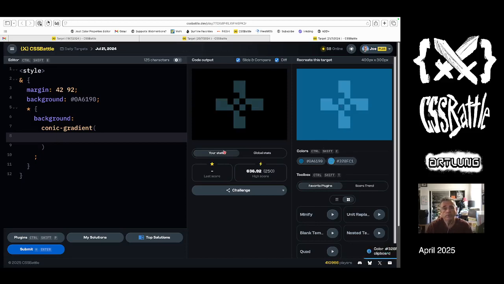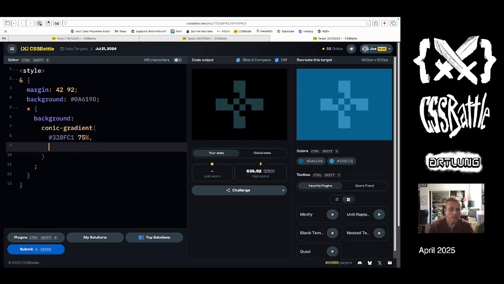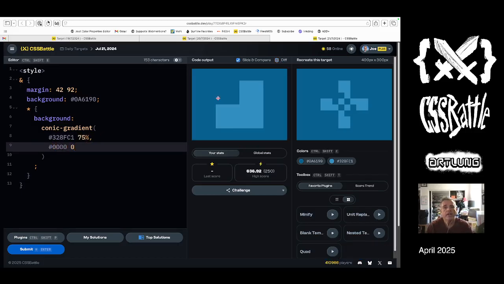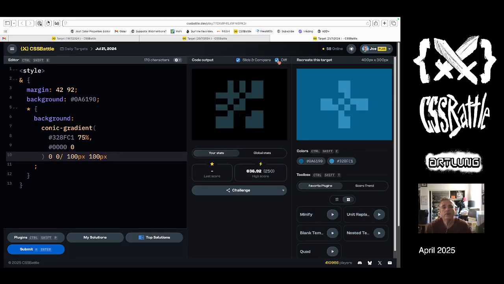So I'm going to do this color 75% and transparent, which gets you that. If I put it in the top corner with a background position of 0, 0, and I give it a width, then I get a cross type affair. If I give it the right values, then, which I think is correct,